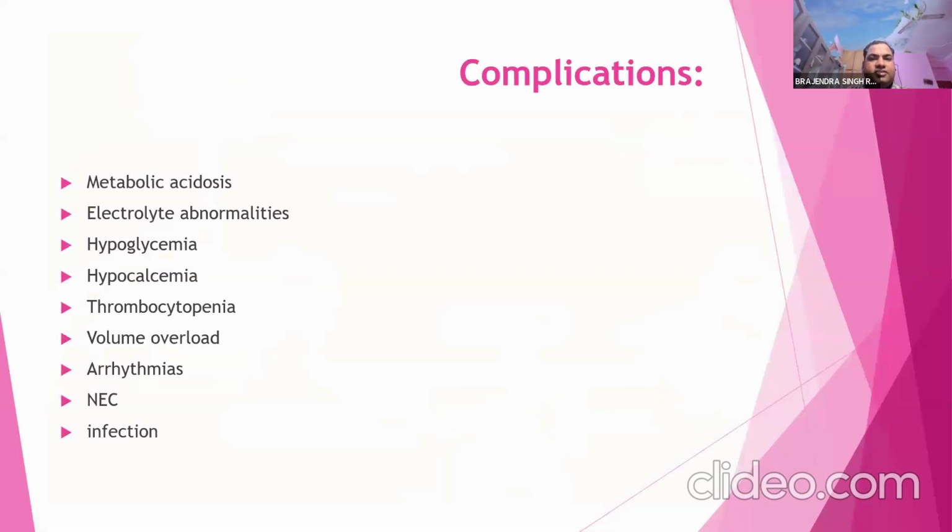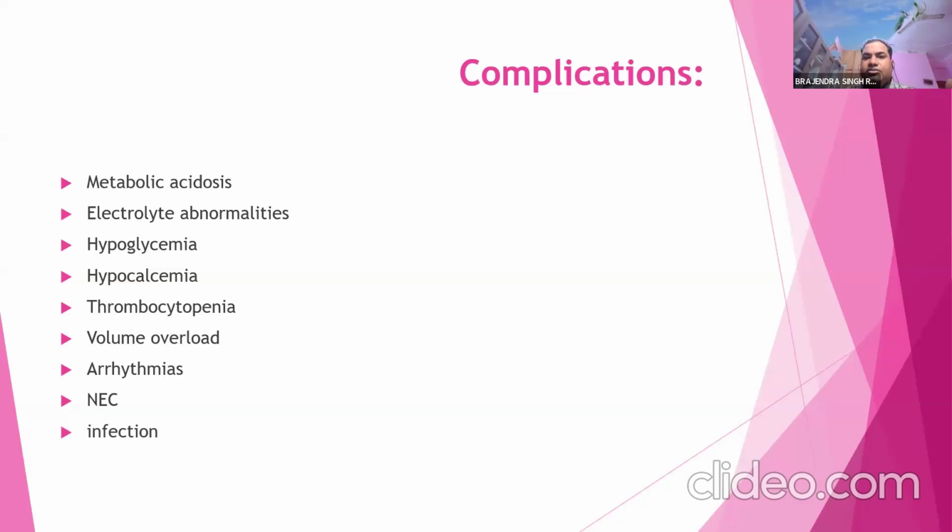So complications of exchange transfusion include metabolic acidosis, electrolyte abnormalities, hypoglycemia, hypocalcemia, thrombocytopenia, volume overload, arrhythmia, NEC, and infection. मैंने क्यों ये स्लाइड बताई आपको? ये थ्योरी पढ़ाने का कोई मतलब नहीं है, बट मैं ये आपको बता रहा हूँ इसलिए क्योंकि आपको पता है कि अगर हाइपोग्लाइसीमिया हो सकता है तो हमारे पास में डेक्सट्रोज प्रिपेयर होना चाहिए, कैल्शियम प्रिपेयर होना चाहिए।